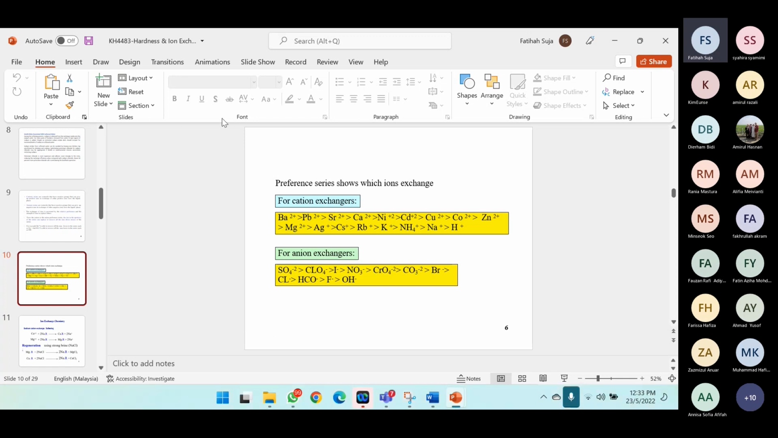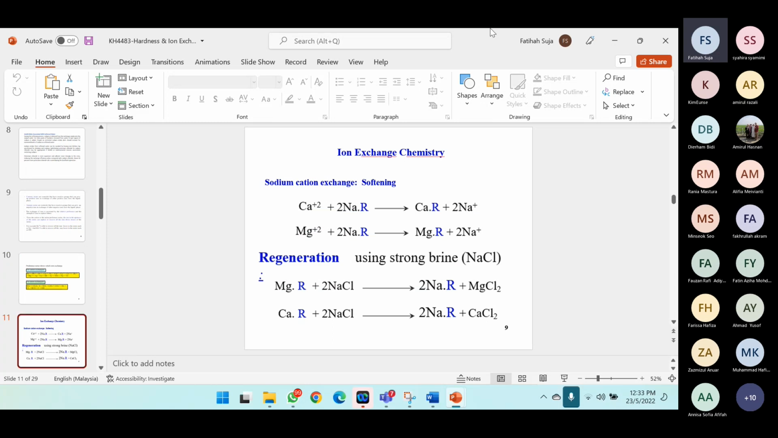Okay, and for anion exchange, you can see that sulfate will remove whatever anion you have in your compound. Okay, but the strength of all these cations and anions will depend on the reference series that you can refer to here. Okay. So ion exchange chemistry, sodium cation exchange or softening, you can see calcium is exchanged with